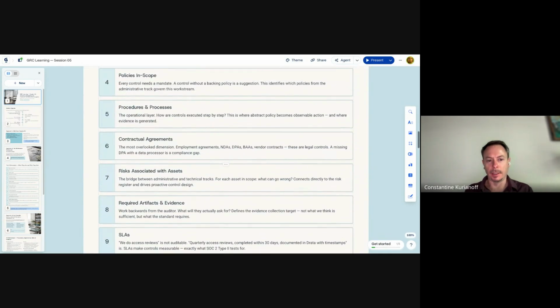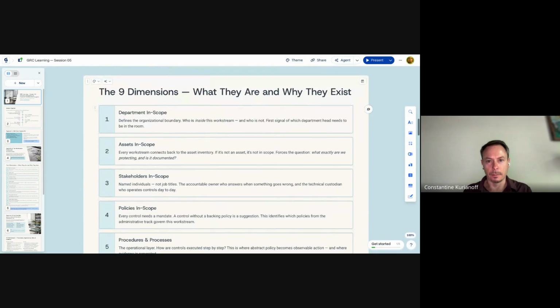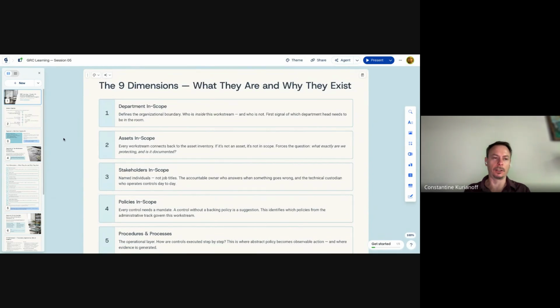All right. So these are the 9 dimensions of managing every work stream. And remember that we have 17 of them. 17 by 9, you can multiply, you can see how many things you have to keep in mind when working on those 17 work streams. From that perspective, it becomes obvious that one person cannot handle it all.